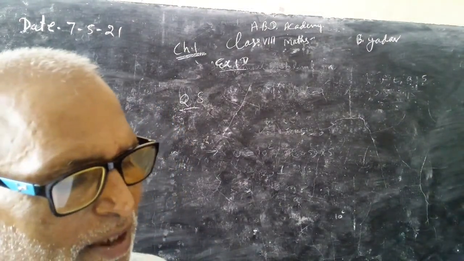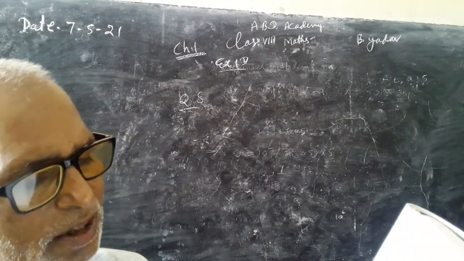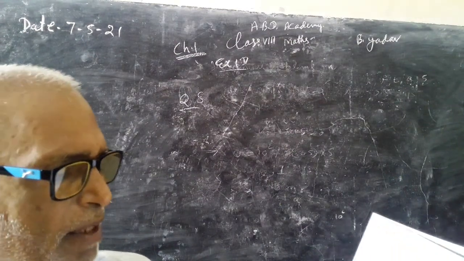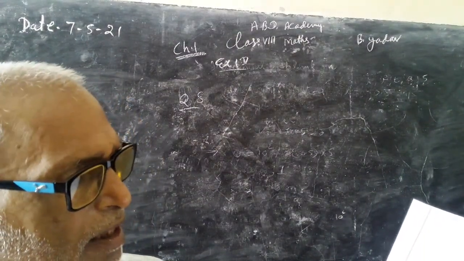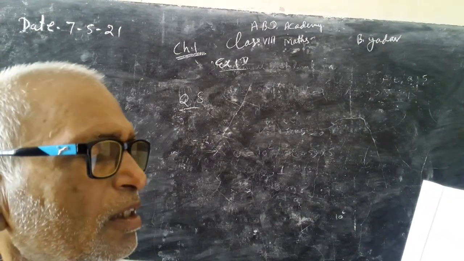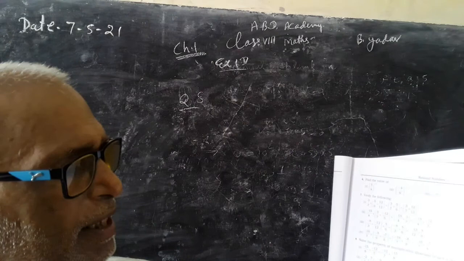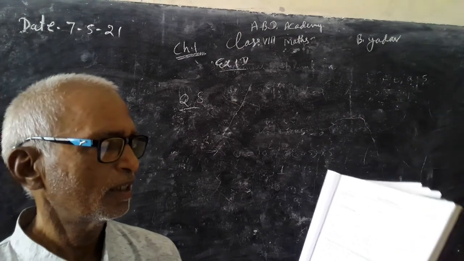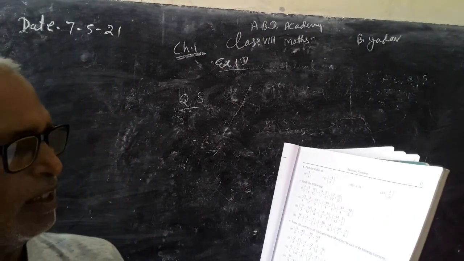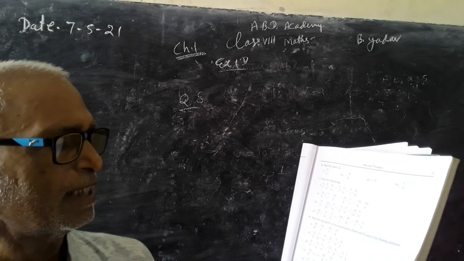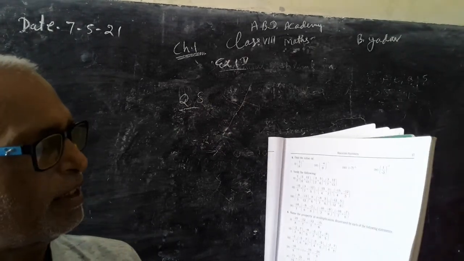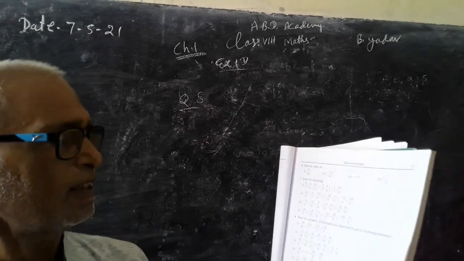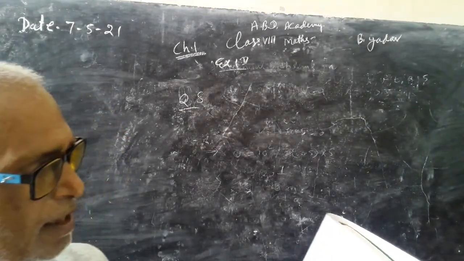Now in number 5, minus 11 by 15 into 15 by minus 11 is equal to 15 by minus 11 into minus 11 by 15, which is the property of inverse. When a number is multiplied by its inverse, it becomes 1. And the last one is minus 7 by 5 into 0 is equal to 0. It is the property that if any number is multiplied with 0, the result is 0. So these are the properties used here in number 8.